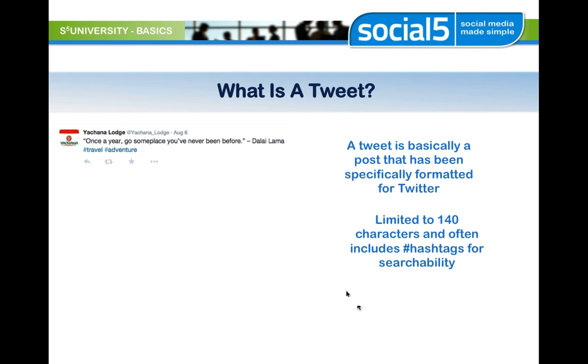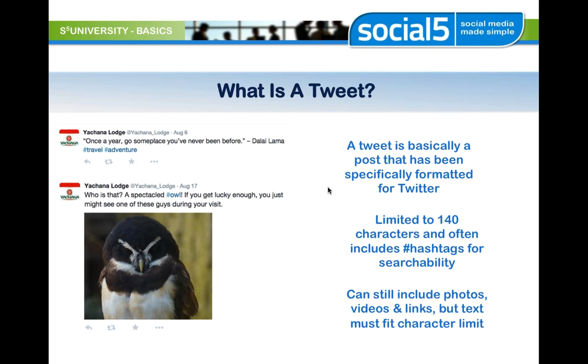The reason you want to do that is it makes your tweets searchable. People can put in hashtag whatever, and it will search for that thing and bring up all the tweets that have gone out under that category. And so it's a really great thing for businesses to use hashtags, because then your tweets are going to pop up in people's news feeds and hopefully find viewers that you haven't had before.